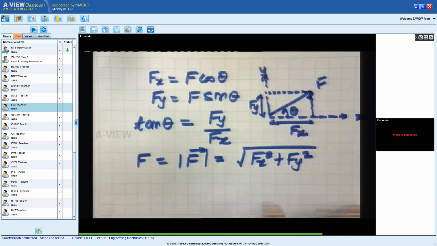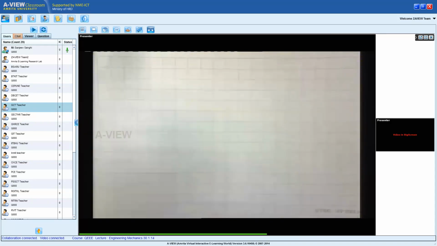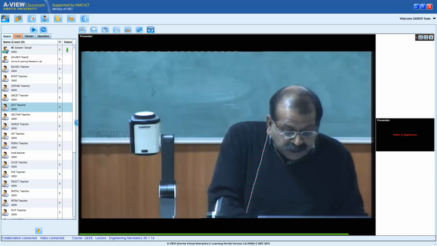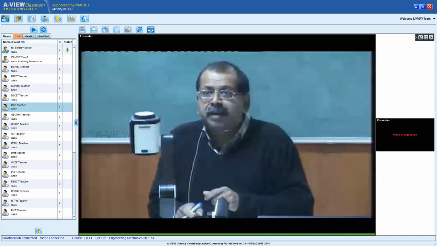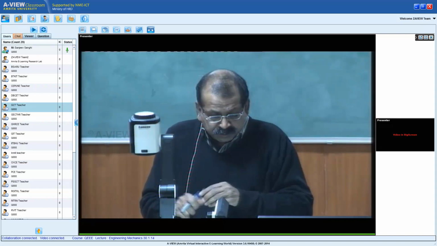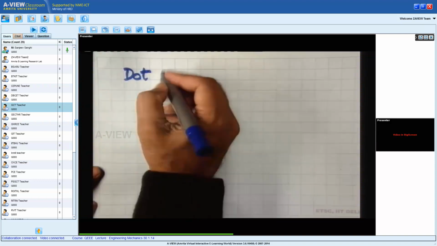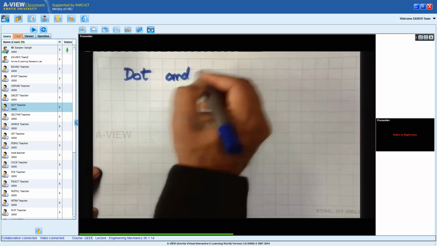I'll take up an example also, but in case I'm not able to take up the example, you can look at the example in the textbook in chapter 2. But then let us see how we carry out the dot and cross product